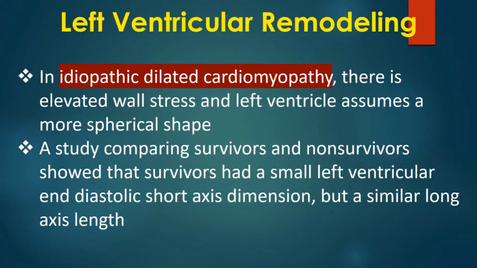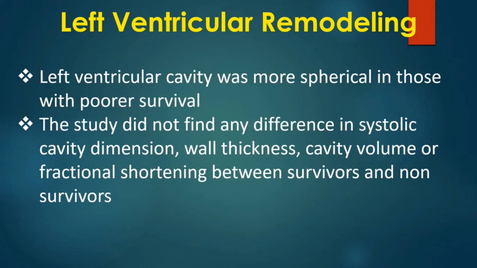In idiopathic dilated cardiomyopathy, there is elevated wall stress and the left ventricle assumes a more spherical shape. A study comparing survivors and non-survivors showed that survivors had a small left ventricular end diastolic short axis dimension but a similar long axis length. Left ventricular cavity was more spherical in those with poorer survival. The study did not find any difference in systolic cavity dimension, wall thickness, cavity volume, or fractional shortening between survivors